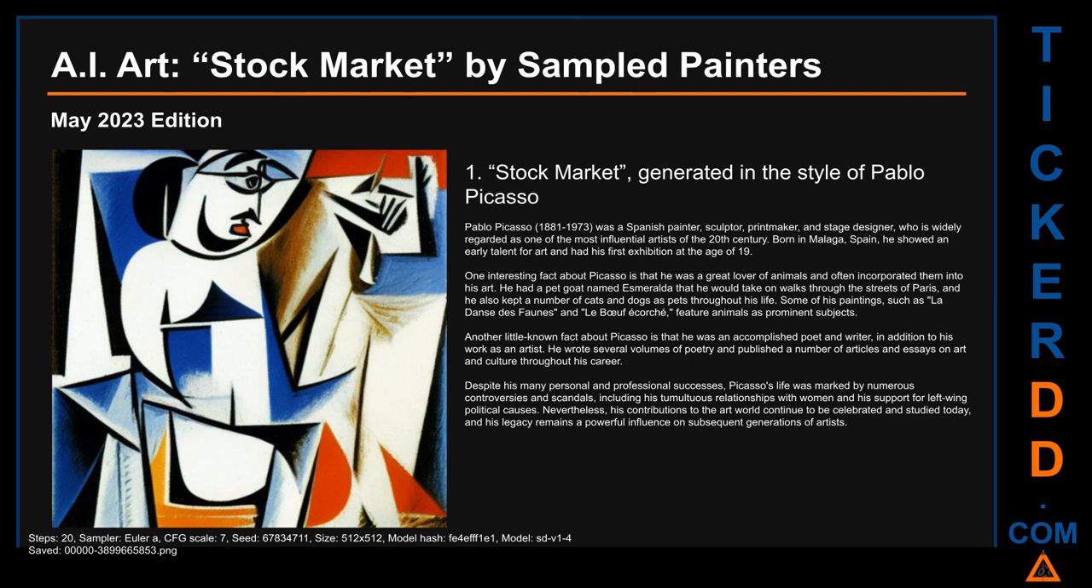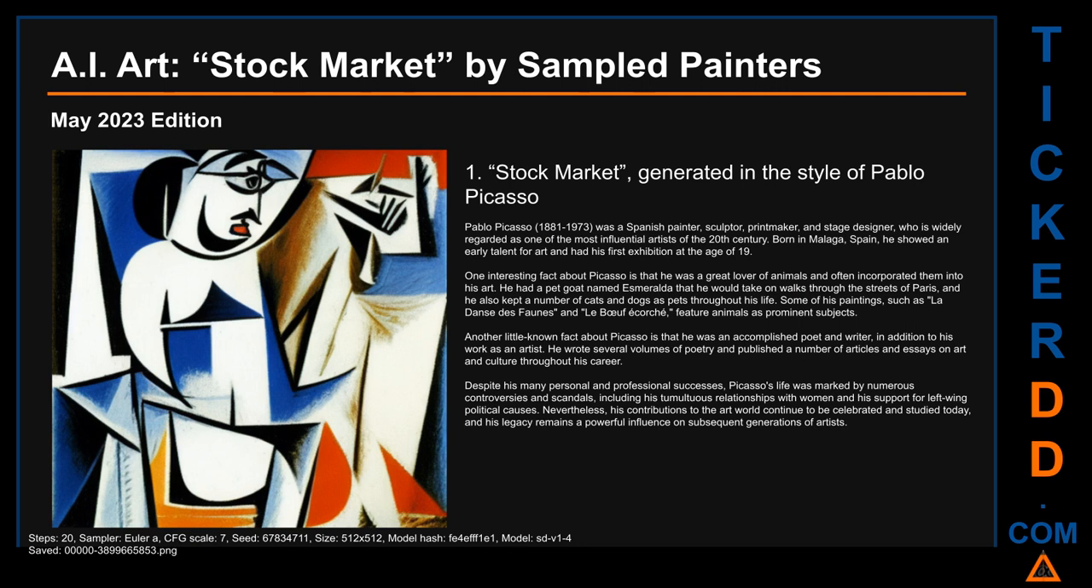born in 1881 and died in 1973, was a Spanish painter, sculptor, printmaker, and stage designer, who is widely regarded as one of the most influential artists of the 20th century. Born in Malaga, Spain, he showed an early talent for art and had his first exhibition at the age of 19. One interesting fact about Picasso is that he was a great lover of animals and often incorporated them into